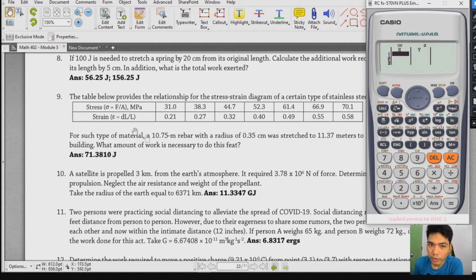So remember, yung x mo is the strain and then yung y is the stress. So that's 0.21, then 0.27, 0.32. So you just have to write all of these values under the x column. So just make sure hindi kayo magkakamali, kasi pag nagkamali kayo kahit isa lang dyan, so mali na yung lahat. Okay, and then 31, 58.3,